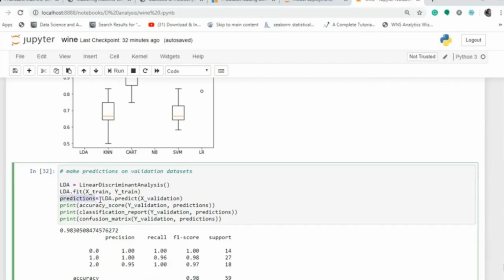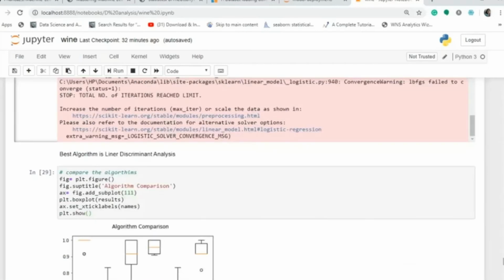In this predictions, I will predict X validation, and then I will print the accuracy score on my Y validation, which I have not used till now, and predictions, to see how it is performing. And then I print the classification report also from the same Y validation and predictions, and the confusion matrix on Y validation and predictions. So when you run this, you will get here